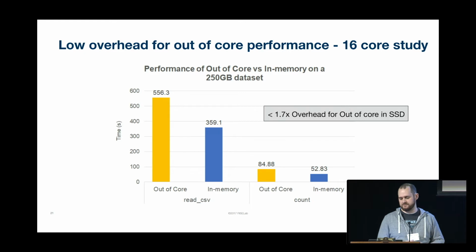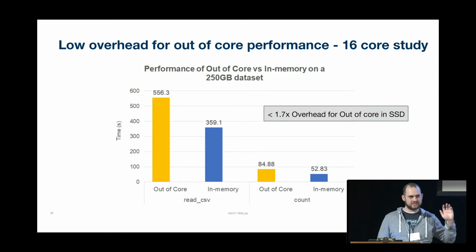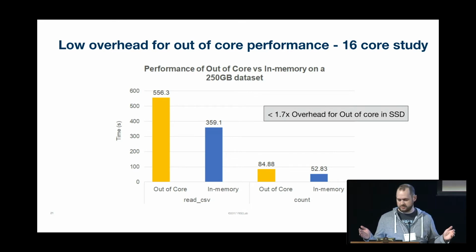several gigabytes file. So with 32 gigabytes of memory and 16 cores, we can read with roughly 1.7x overhead, being able to swap to disk and things like that, versus having a giant pool of memory, a terabyte of memory. We get this kind of only 1.7x speed up, which if you know the latencies of going to disk, that's pretty significant.